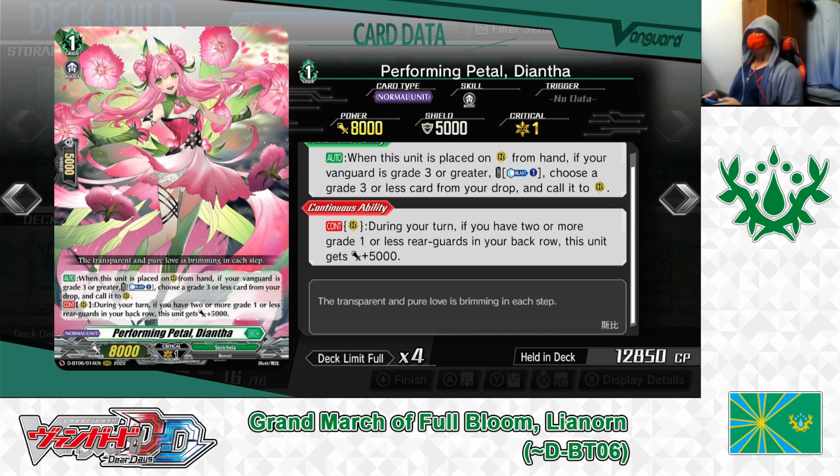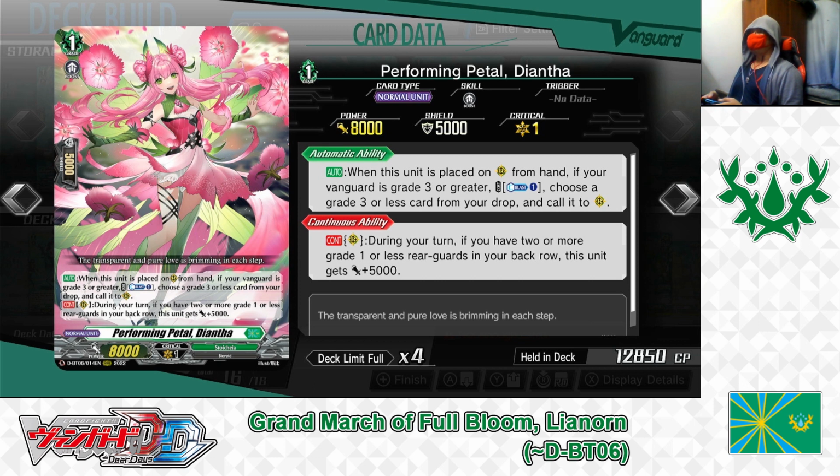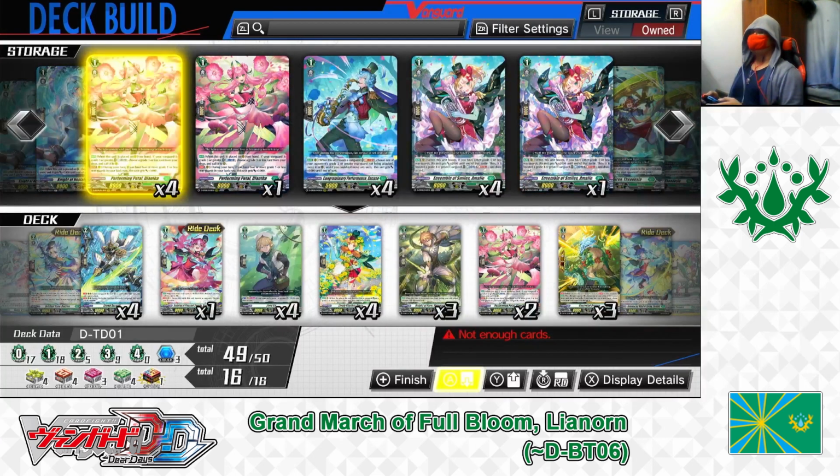So for Performing Pedal Dianta, she's a pretty good card to play in your Stoicheia decks, especially for Lianorn. For her skills, you not only have the chance to superior call a grade 3 or less card from your drop zone to your rear guard to serve as a potential attacker from the front row or booster from the back row, but with her second skill, your Dianta can also serve as a potential 13,000 point attacker or 13,000 point booster depending on where you put her. So for Performing Pedal Dianta, we're putting 4 into the deck. There we go. And next up,